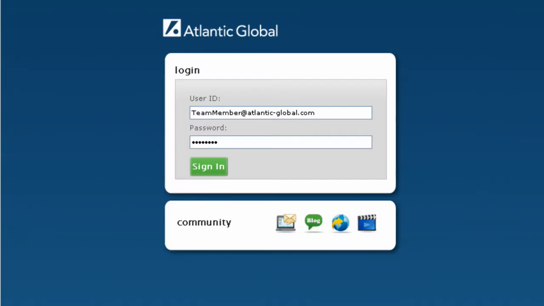This tutorial illustrates the functionality that's available to someone who's configured as a project team member. In this example, the team member will collaborate with the project manager during the life cycle of a project. The project manager will assign tasks and actions to the team member, and the team member will report back progress